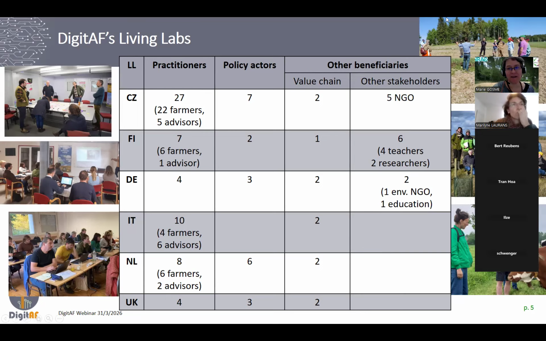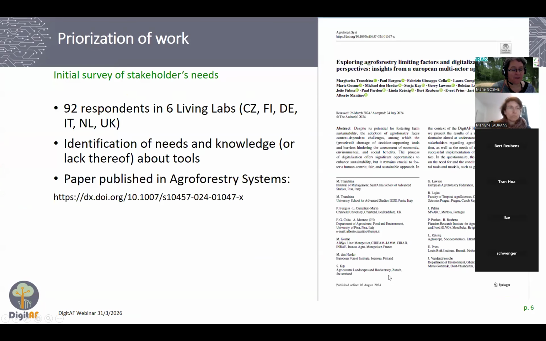And we also had outdoor meetings to discuss technical aspects of agroforestry, discover new systems, and share among stakeholders.